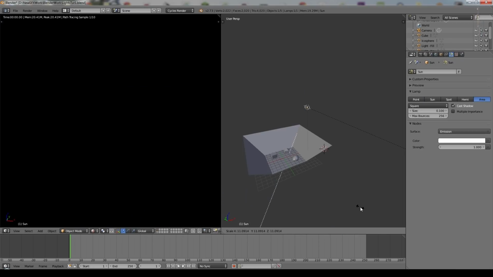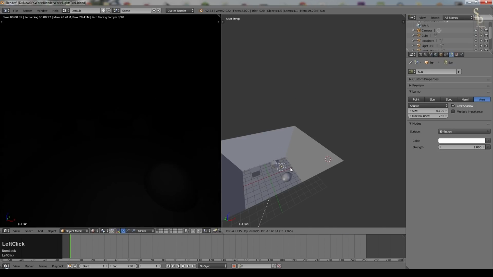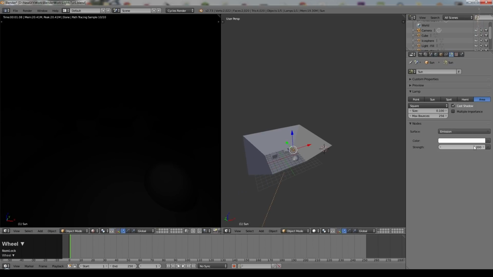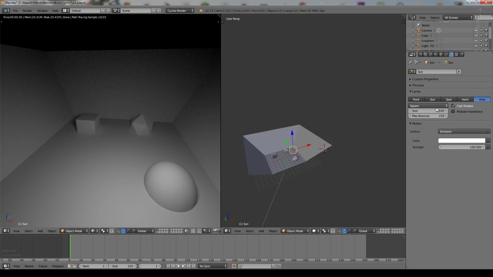I'm just turning the size of it up so you can see you actually get a little square section, and there's a little bit of light appearing down here. So again, it's dimmer than a sun lamp, but not as dim as a spot lamp. So we'll try 100. Default for a sun, have that somewhere between 1 and 4 typically. For a spot lamp, have that somewhere between 1000 and 4000, and for an area lamp, somewhere between 50 and 250 as your starting values for the brightness of your lamp.